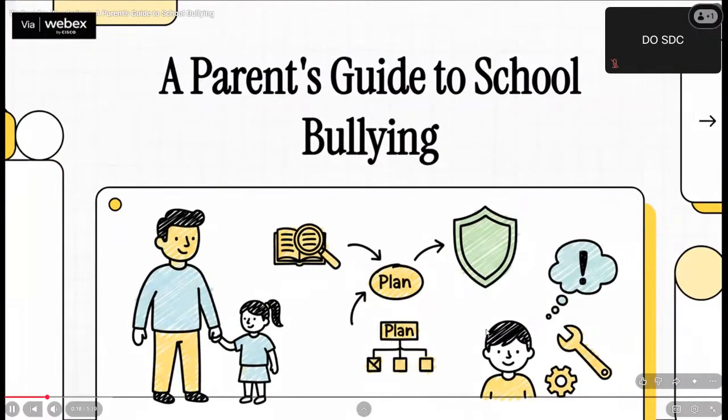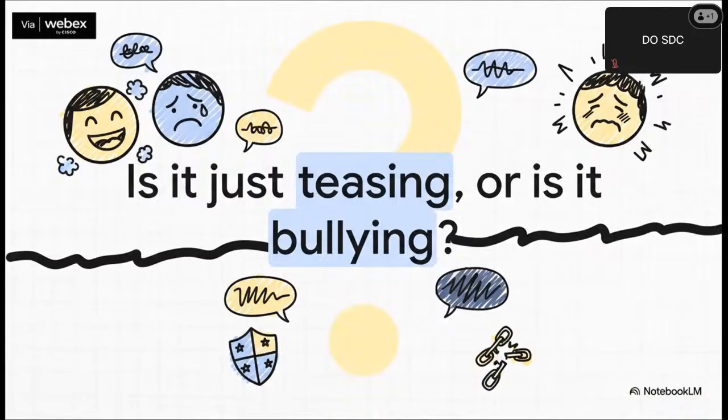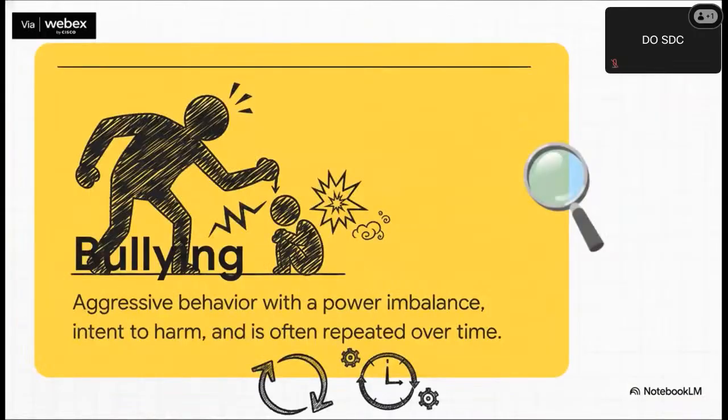So this is it, right? This is the first and honestly the most critical question parents face. Acknowledging that your child's feelings are hurt is always step one, for sure. But there's a really specific line where teasing becomes something much, much more serious. So how can you, as a parent, actually spot the difference? Well, the official definition gives us 3 key ingredients to look for.